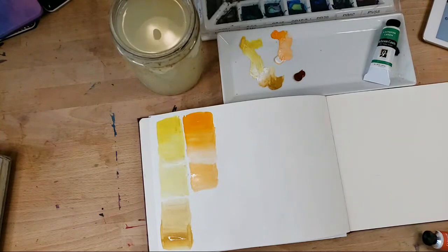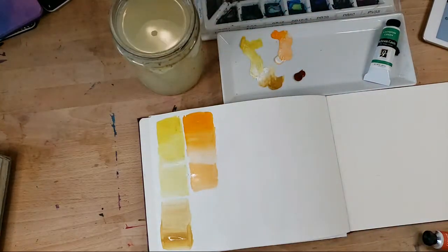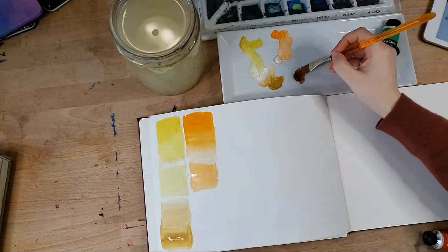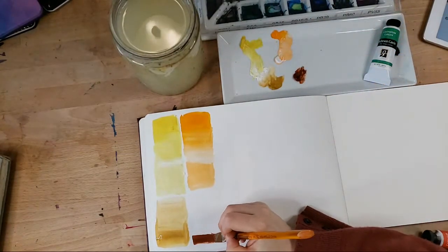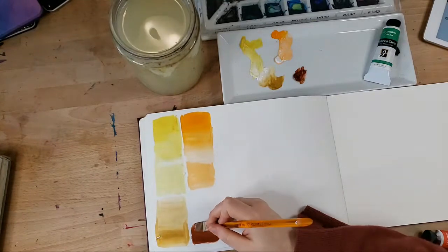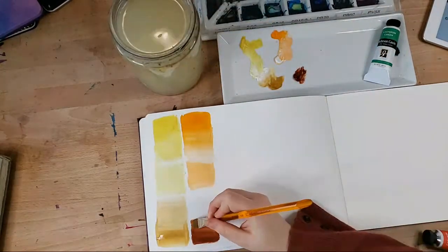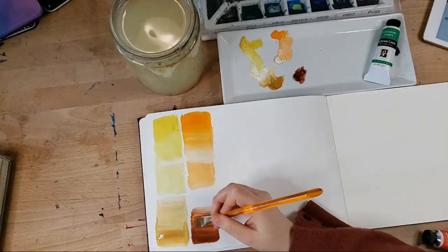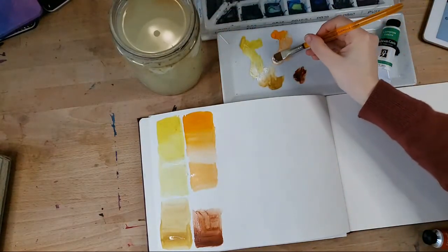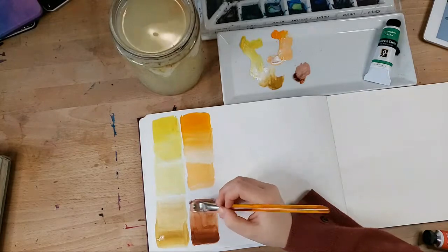It's got a very unique scent to it, which I really quite enjoy. Some people think it stinks. Like a lemon yogurt almost. So I can water it down like gouache, or I can grab some of this white and use the white to